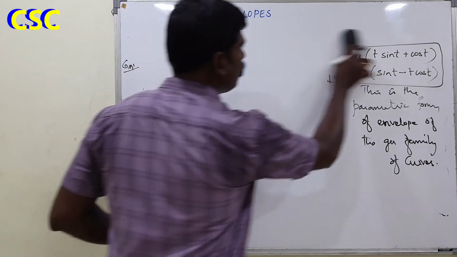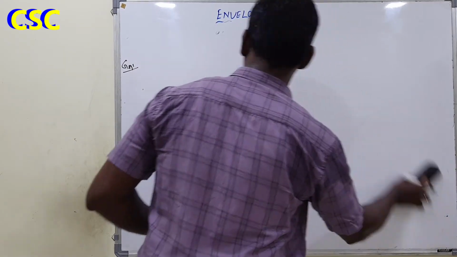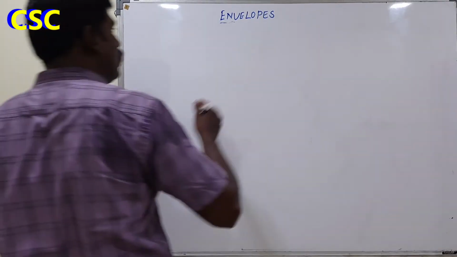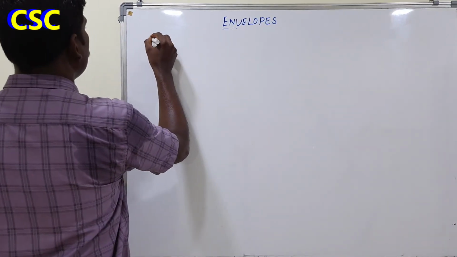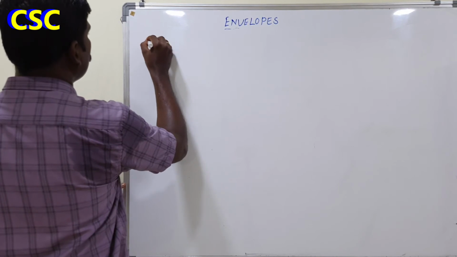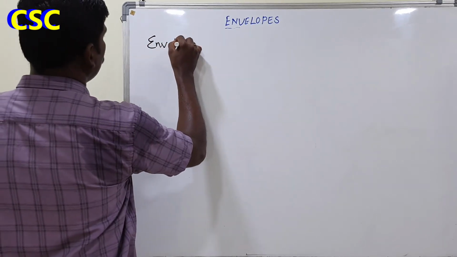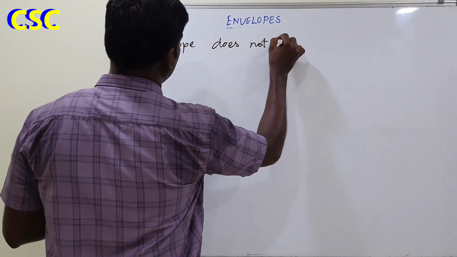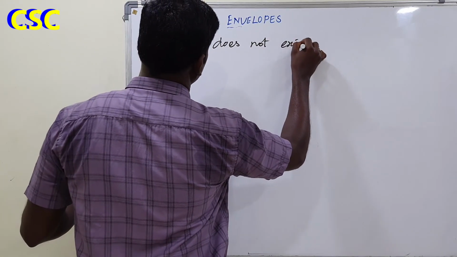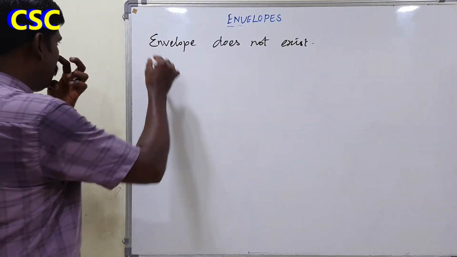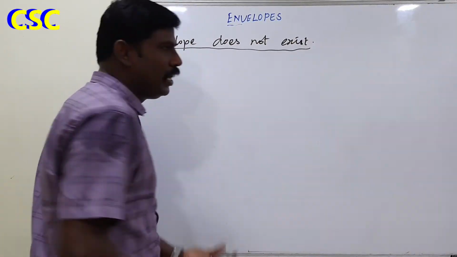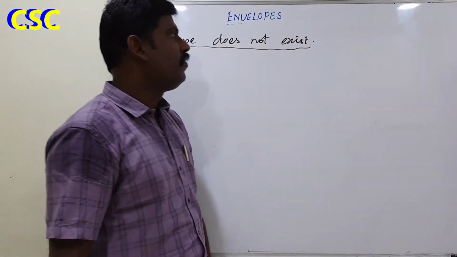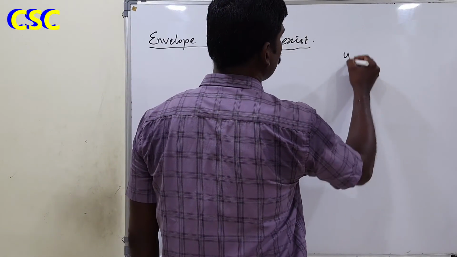The last one, envelope does not exist in some of the curves. In some of the given family of curves, envelope does not exist. Okay. For example, y equal